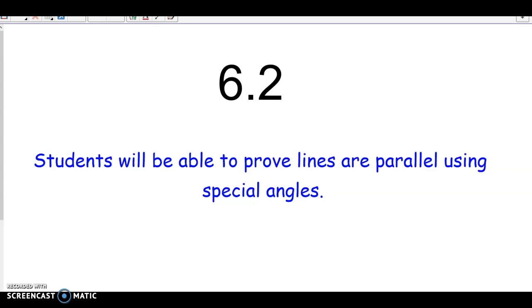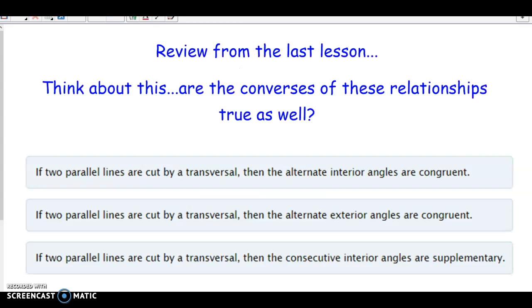This is the second block of Topic 6. In this lesson, we're going to be able to prove lines are parallel using special angles that we reviewed in yesterday's lesson. So three of the theorems that you learned yesterday had to do with parallel lines being cut by